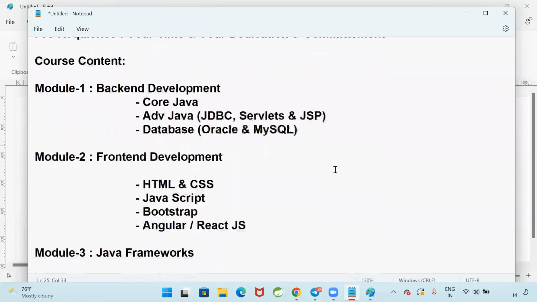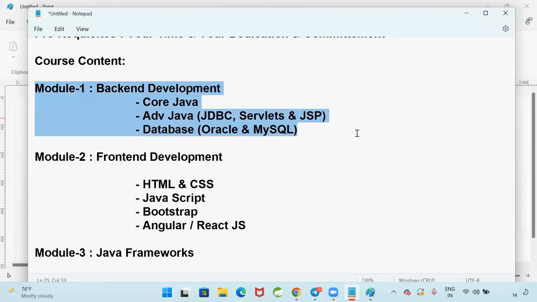But currently that much is not required, because module 1 and module 2, you can learn parallelly. So this backend development, I'm going to take in the evening every day. Timings are the same, 6 to 7:30. Class will be available every day. Now, this module 1 is going to take 3 months of time.